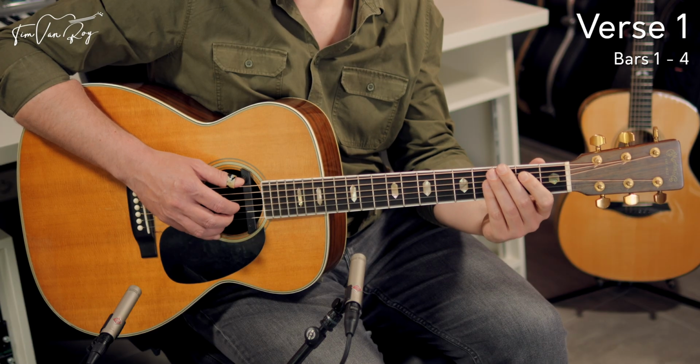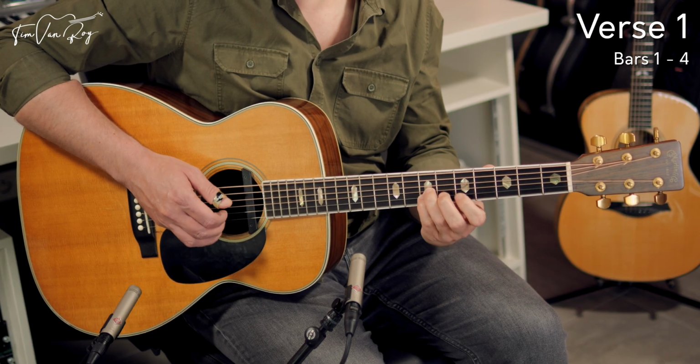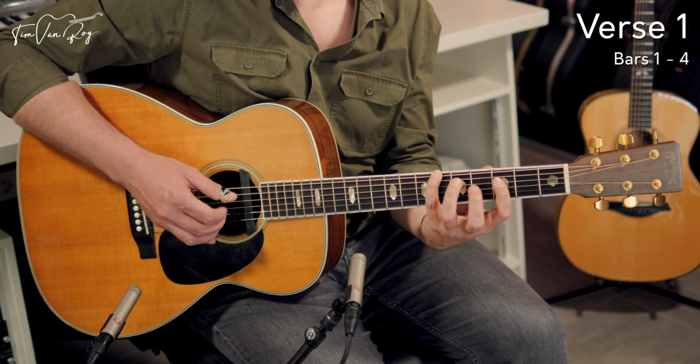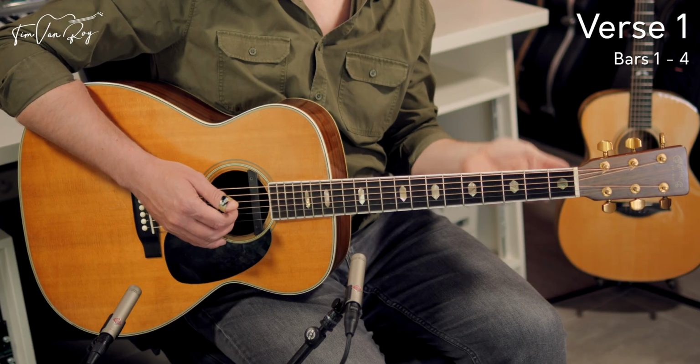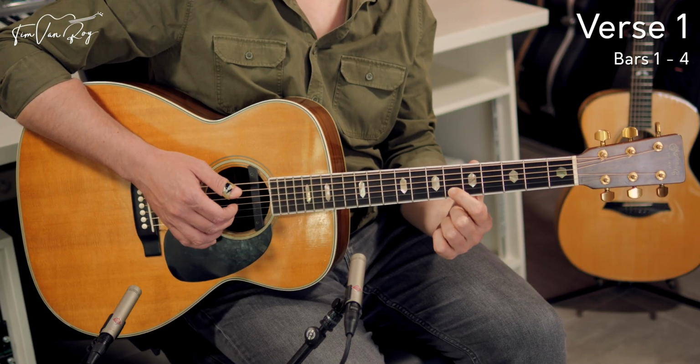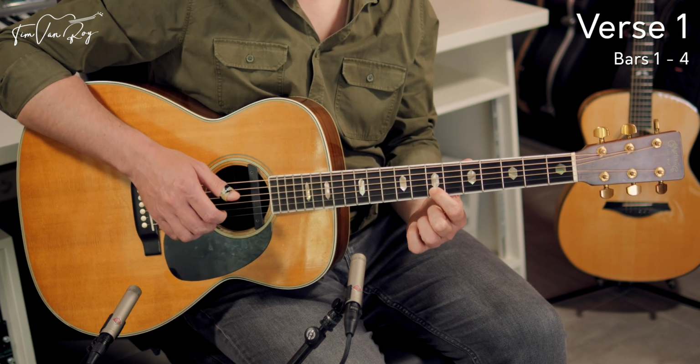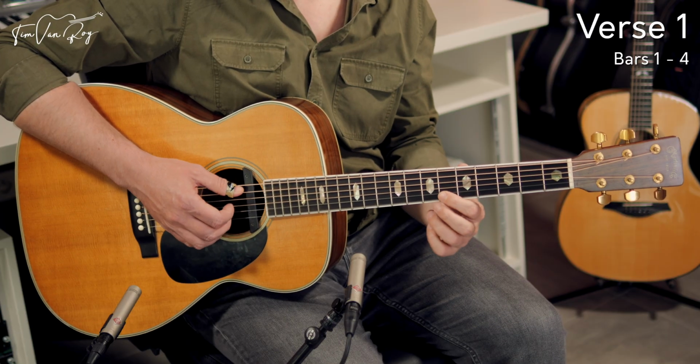Maybe one more time using that open E string. 2, 3. So playing that open chord allows you to reach for that bass note just a little bit sooner. Then in front of the first beat again, open A string together with the index finger on the 6th fret, and you're going to slide up to the 7th fret, both on the B string, as you land on the first beat. 3, 4,